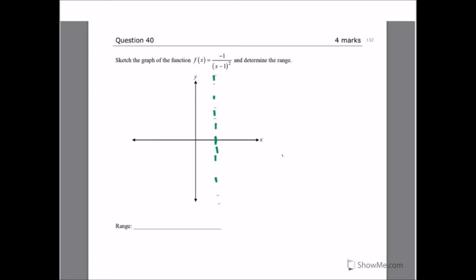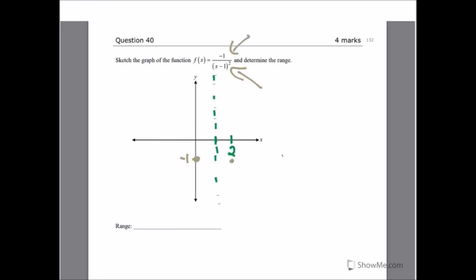Then I would probably go 1 point out each way. So when x is 2, y you can see is going to be negative 1. So I'll draw that here. So that's negative 1. And when x is 0, y is also going to be negative 1. Great. And you can see that the bottom is always going to be positive because it's squared, and the top's